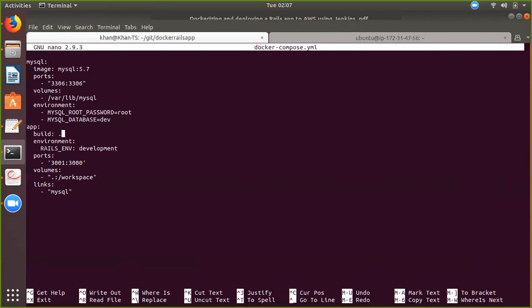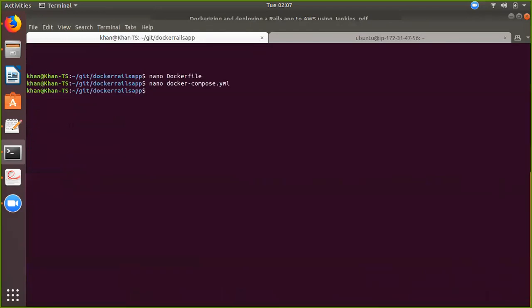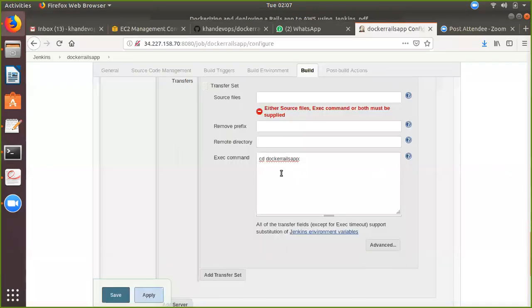So I'm building my Dockerfile. If it says build dot, the Docker daemon will search for the Dockerfile, run it, and create a Docker image. The environment would be development, and within the container it runs on 3000, and outside it will run on 3001. The volume would be my workspace, and I'm linking MySQL to my application using Docker Compose. And I'm going back to my Jenkins, and here I'll say